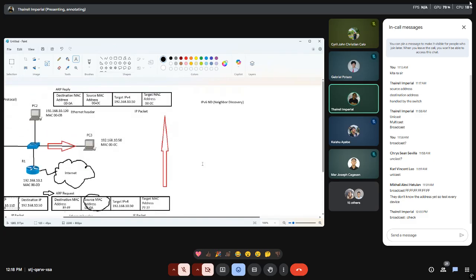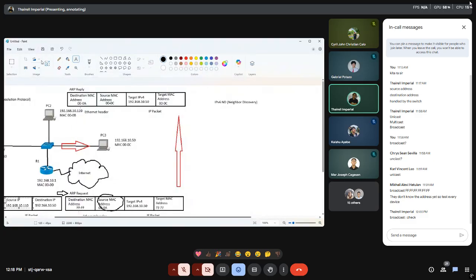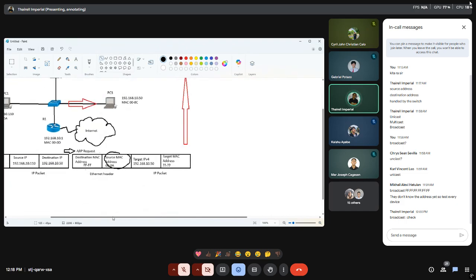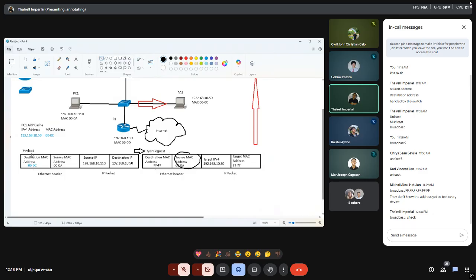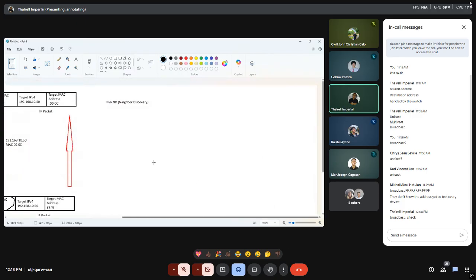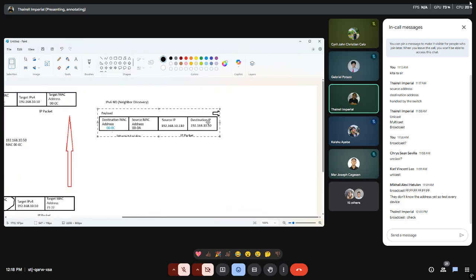Let me just copy this for reference. Okay, just grab this. It will be the same payload.